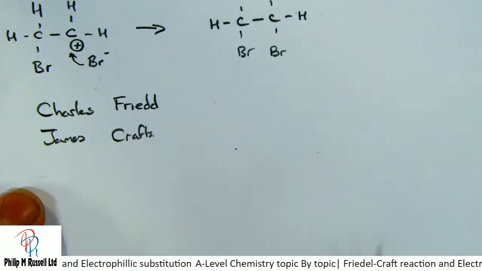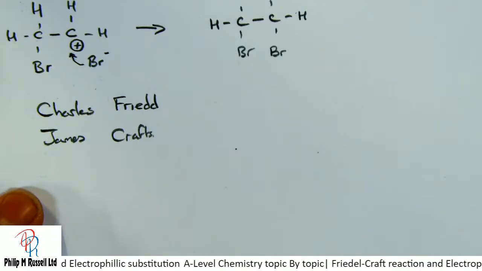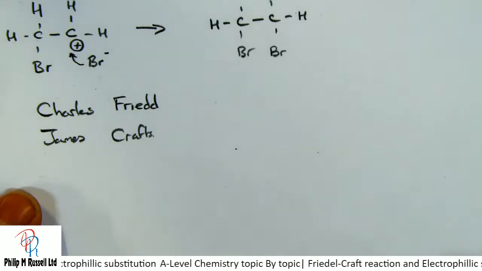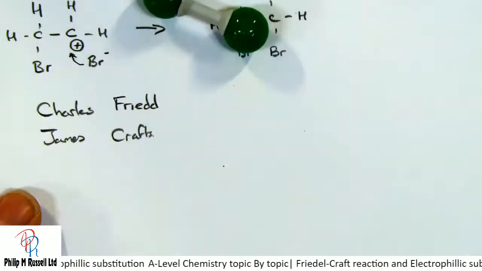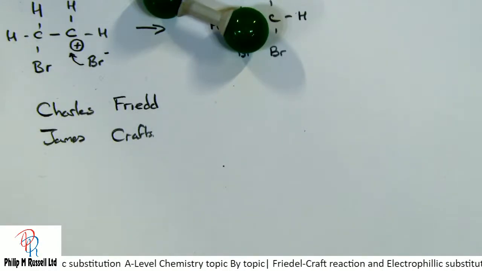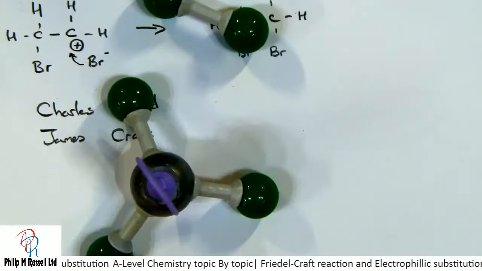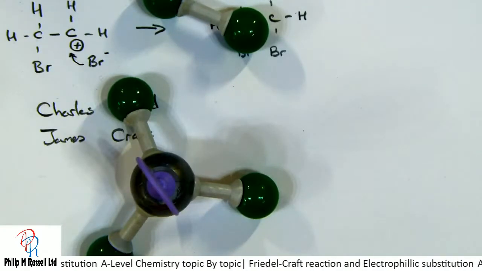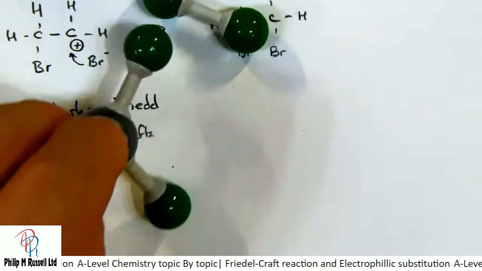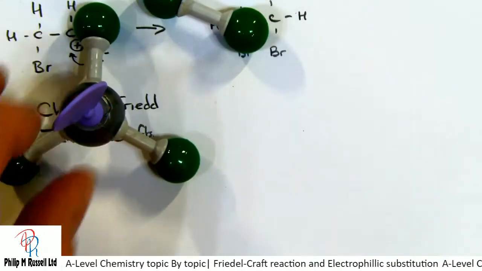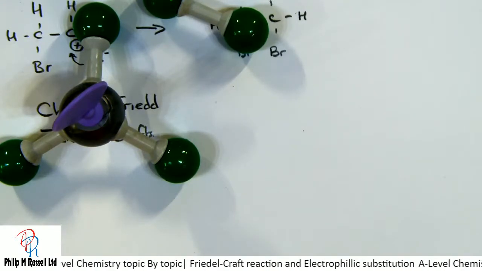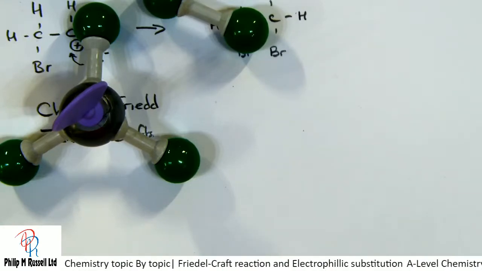And this was done during the 19th century, and they developed a technique whereby they made this bromine more positive. And after a lot of work, they started off with iron chloride. Doesn't matter if it's iron bromide, whatever, we're going to start here with the chloride. Basically, we've got to try and break this